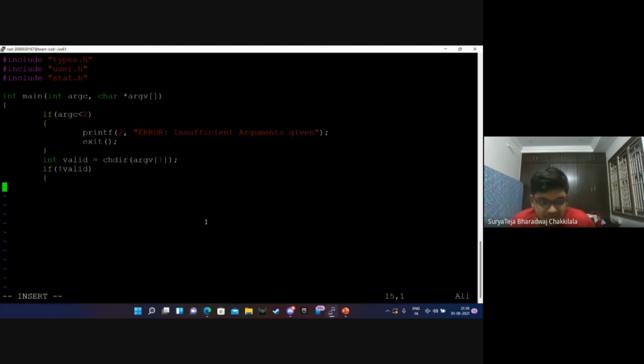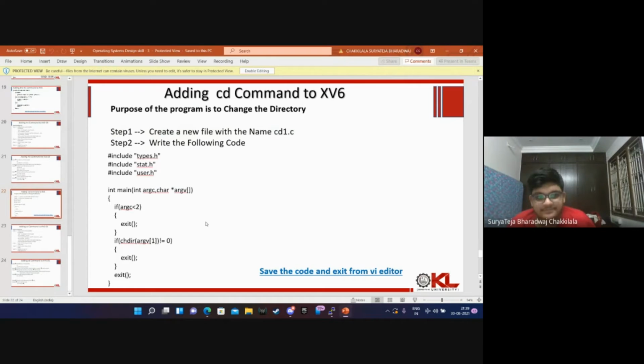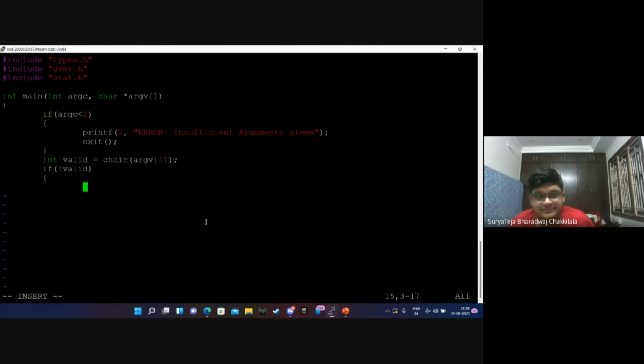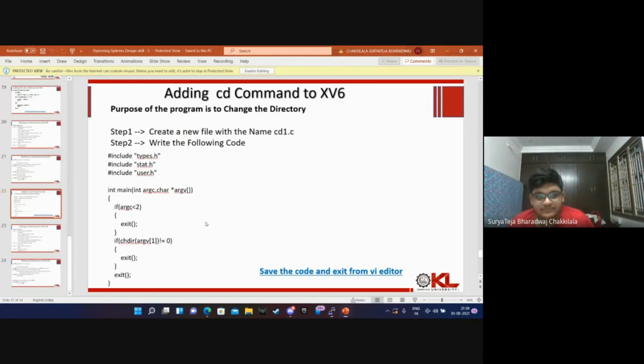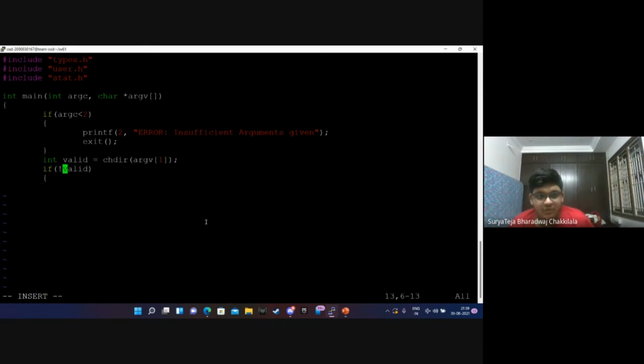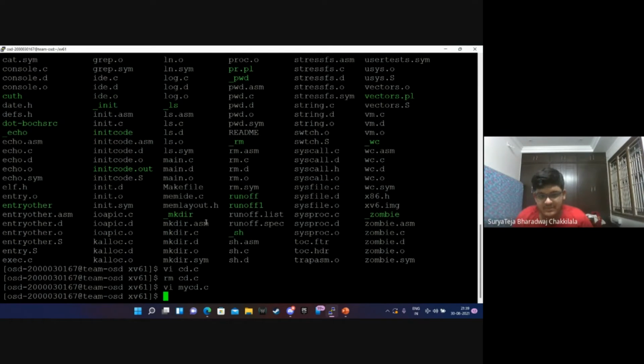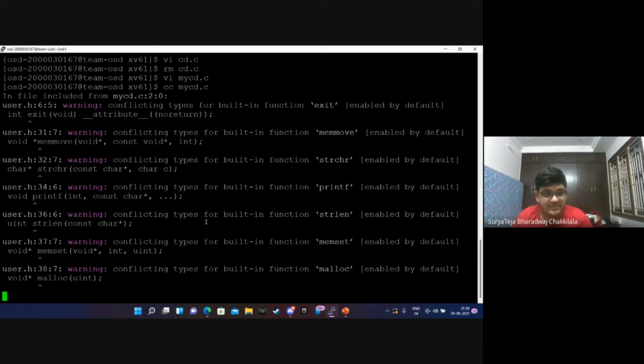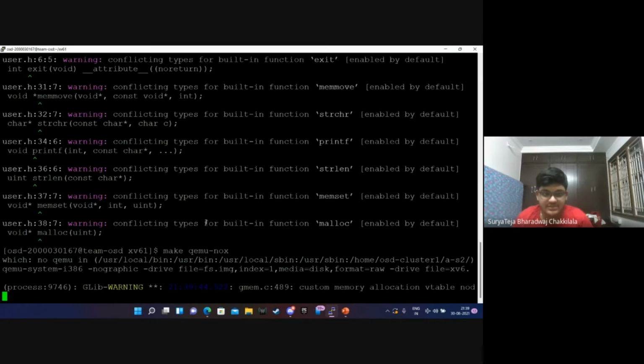I think we can write like this. Not valid, will be exiting. Else we'll be exiting. We will see, as the program is to end anyway. So cc my cd.c and make qemu.